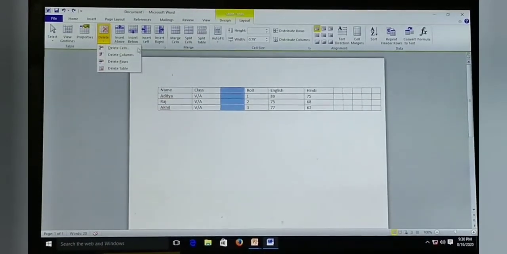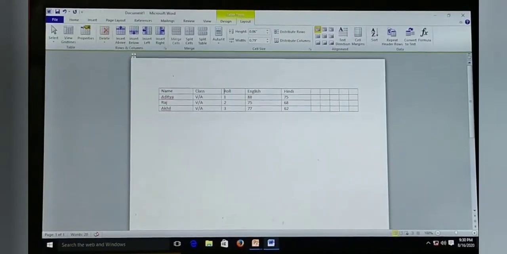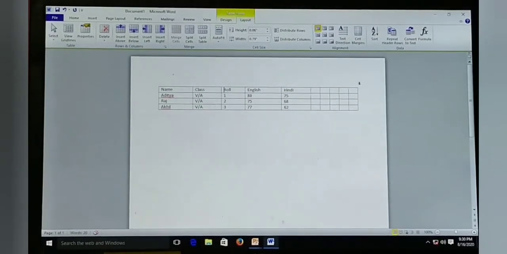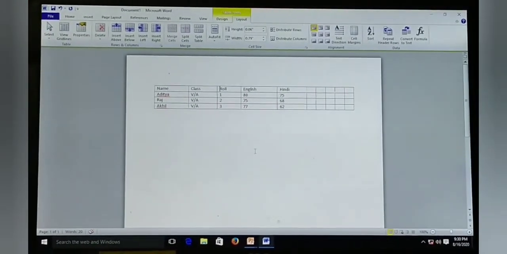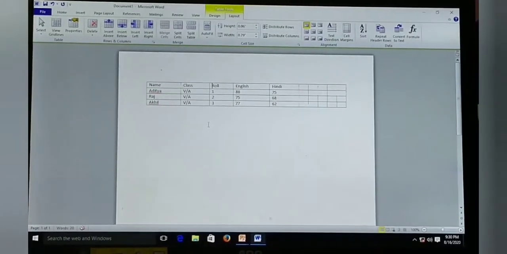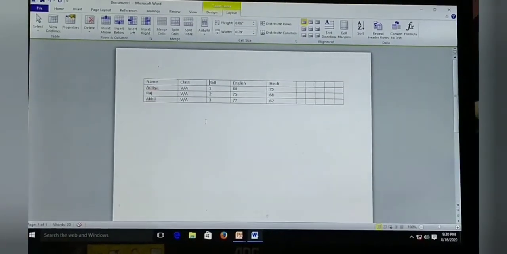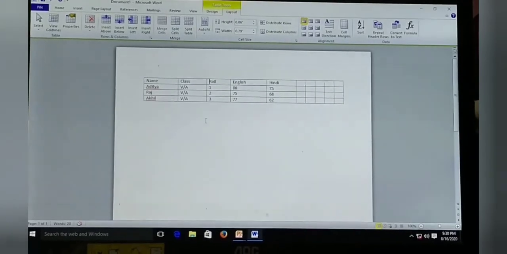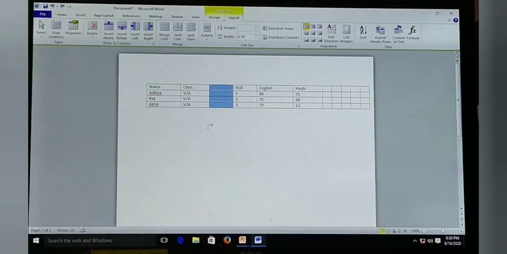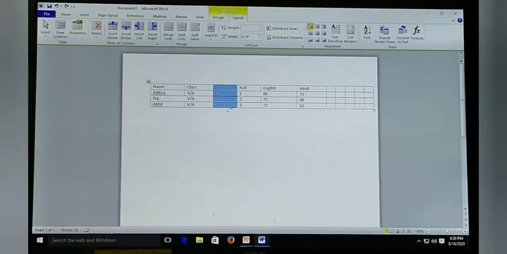Here we want to delete the columns, so we will click on that. See, I have clicked on that and what has happened? It has been deleted. Then I will show you again how it was done. For that I will do undo, and what is the shortcut key for undo? Ctrl plus Z. See, again it has come, it is selected.